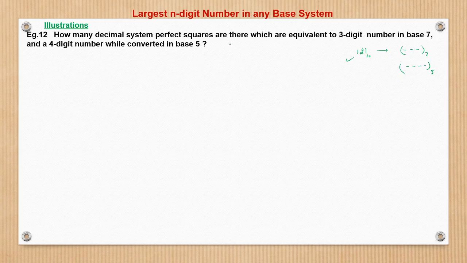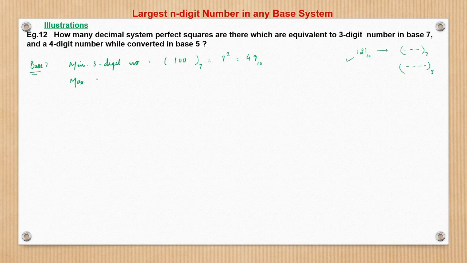So here we'll see. So first is a 3 digit number in base 7. So let us see what are the 3 digit numbers in base 7, right? We'll start in reverse. We'll find what are the 3 digit numbers in base 7. Of those, what are the perfect squares? So base 7, minimum 3-digit number is what? 100 in base 7. This is given by 7 square, which is 49 in base 10.